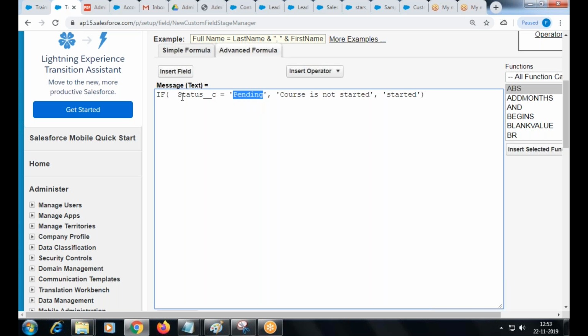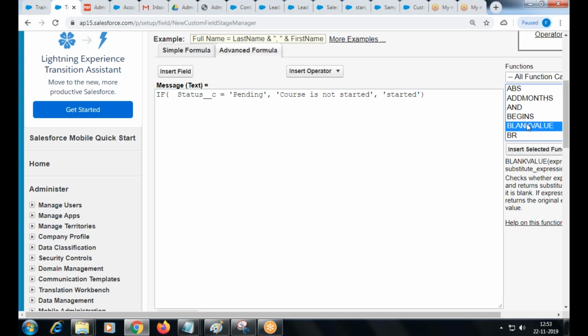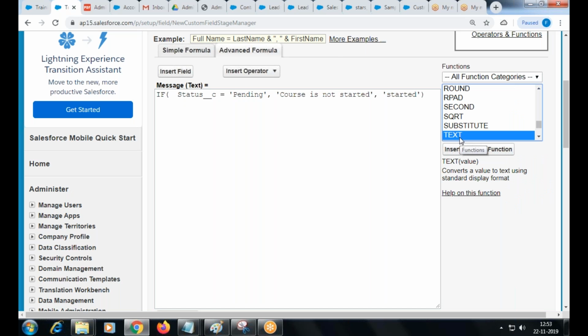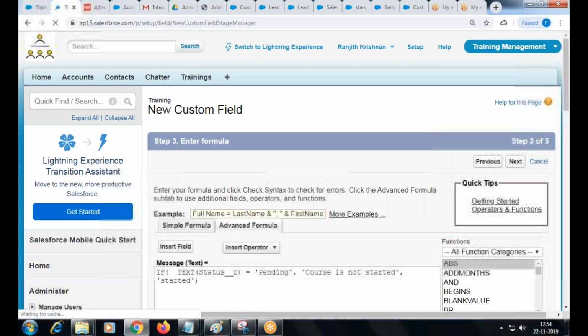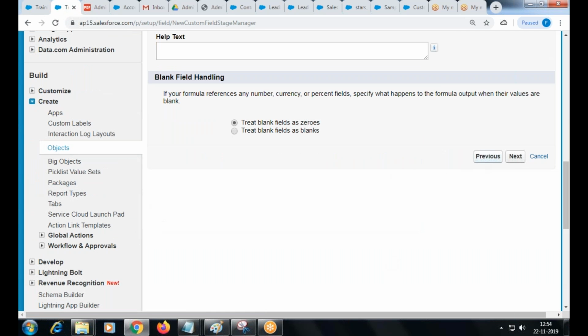Okay, so either we need to convert the option into text type by using the text function, like this. I can do like this.